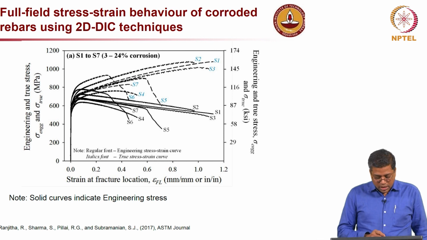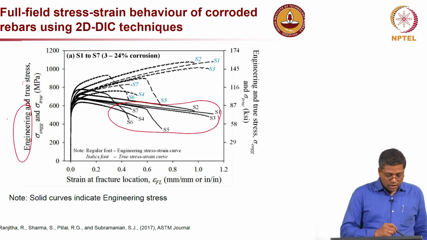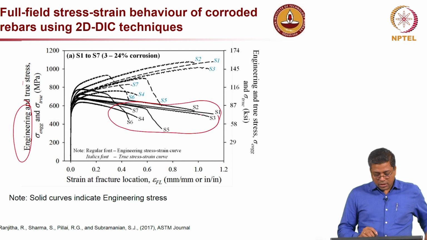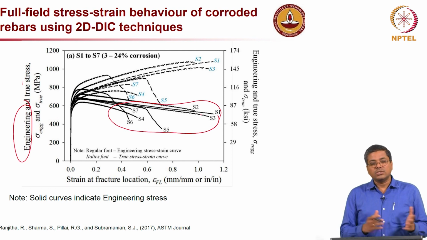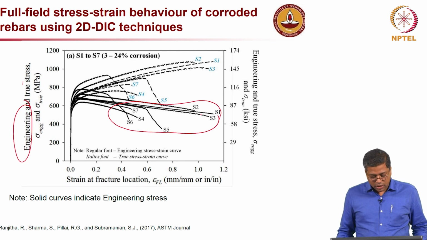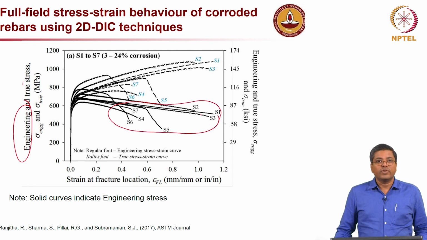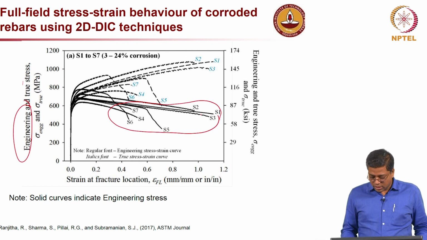Now, here also you can see all these different specimens. Look at the solid curve which shows the engineering stress. You can see same rebar, but at different points they are actually breaking at different load conditions, and the elongation experienced is also different. So, it is very clear that the stress strain behavior is different at the different points on the rebar,